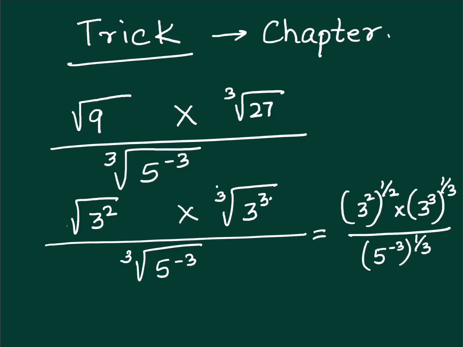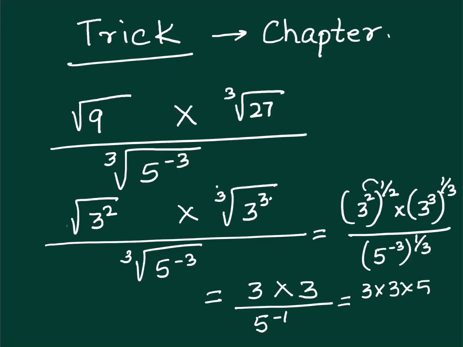So this is the last law that we had learned. Now we are applying the law where we are going to multiply the power. So here we'll get 3, here we'll get 3, and here we will have 5 to the power minus 1. And what did we learn? When it's a negative power, what do we do? The numerator becomes the denominator, the denominator becomes the numerator. So what will be the final answer?